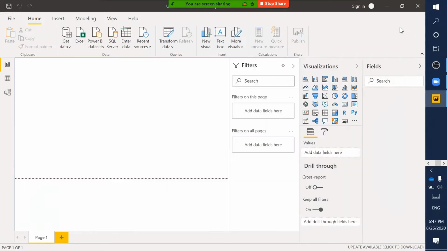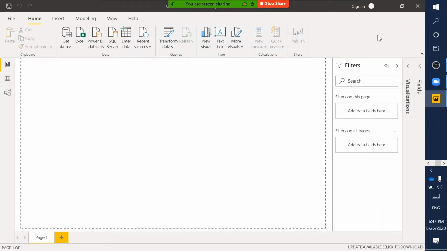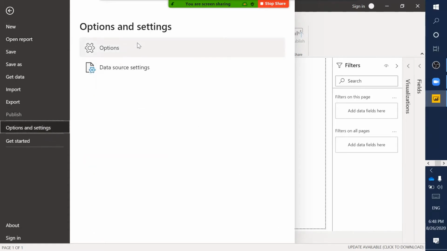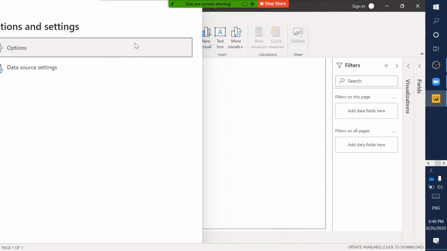So let's start. First of all, we're going to change the location of the Power BI. We just need to confirm that we are in the right location, okay? So please select the File option in the top ribbon, and let's select Options and settings. Now click on Options,